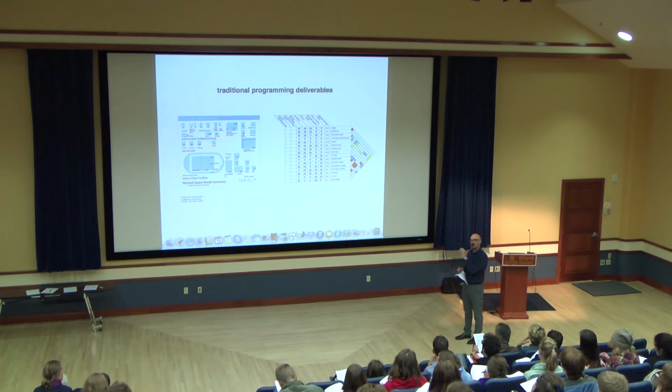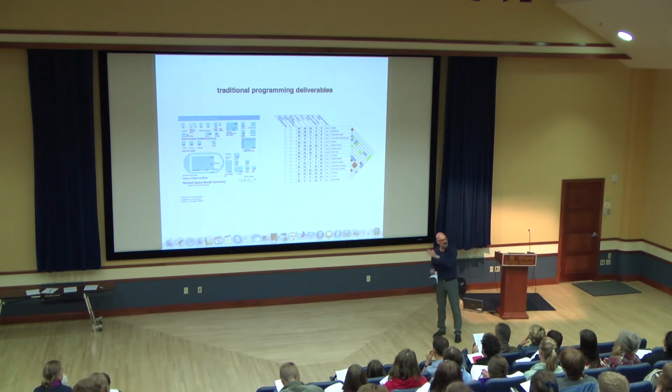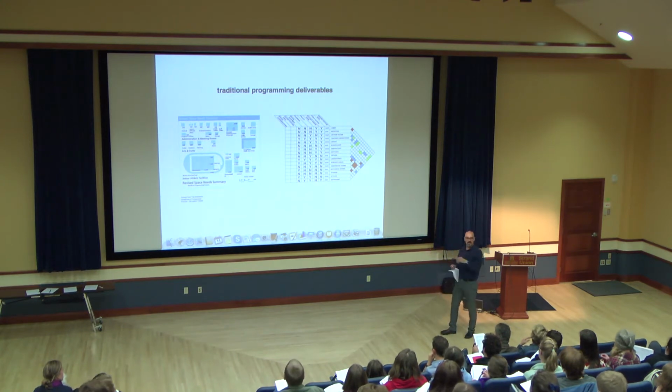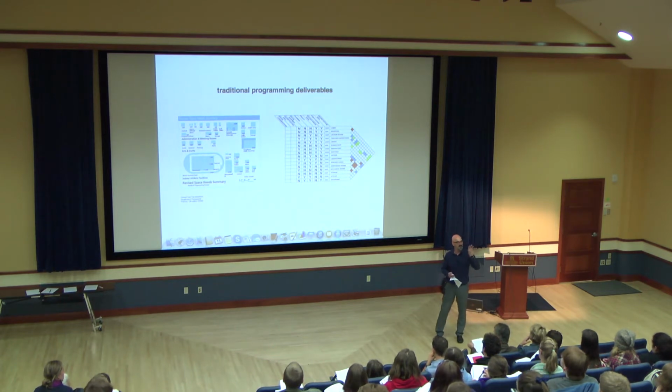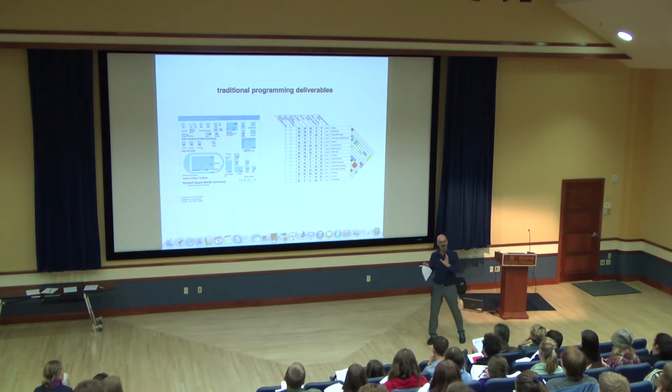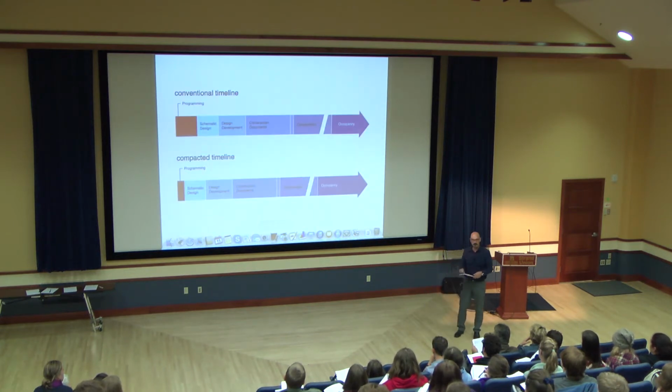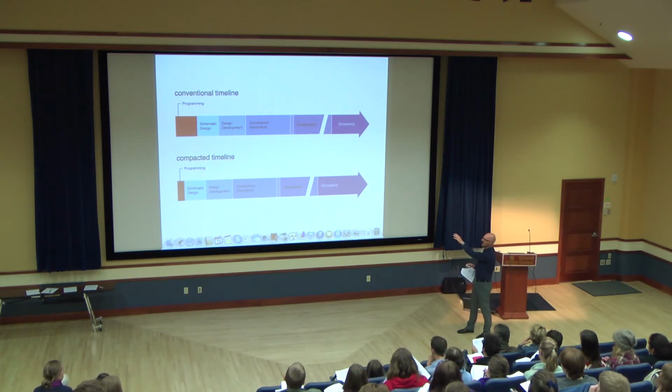These are the traditional documents that we produce at the end of a programming phase. It lists the spaces and their sizes. This is a matrix of adjacencies and how important they are, but it's deductive reasoning. It takes all the information and narrows it down to the most critical pieces. Then in the design phase, you juggle those pieces around until they get in the right shape. As I mentioned, we do this at the beginning of the process, before we design the actual built structure. Then we do instructions for the contractor to build it, and then it's used.